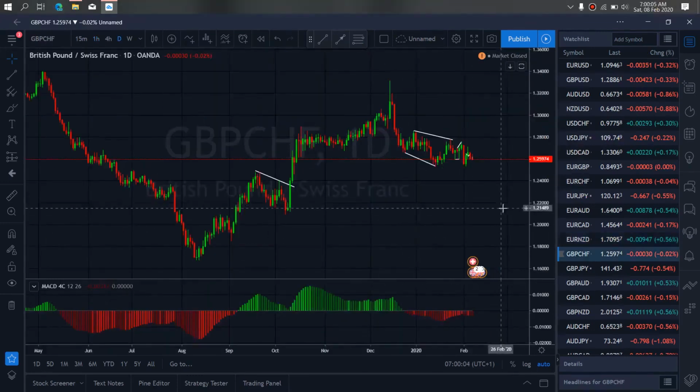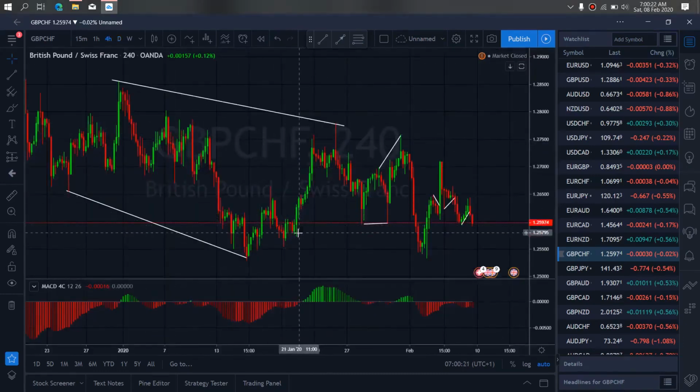On pound Swiss for this week, pound Swiss has been dropping and we expect it to drop to tag this low before we see if they will reverse back up to give us a flat here for more drops to the downside. So if we zoom to the 4-hour time frame of pound Swiss,